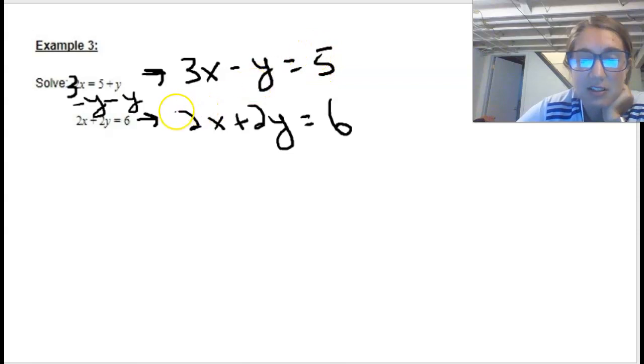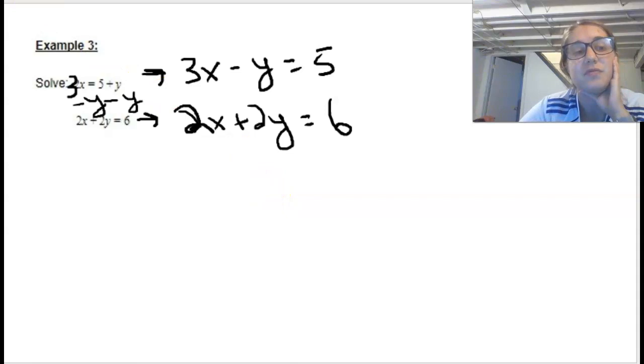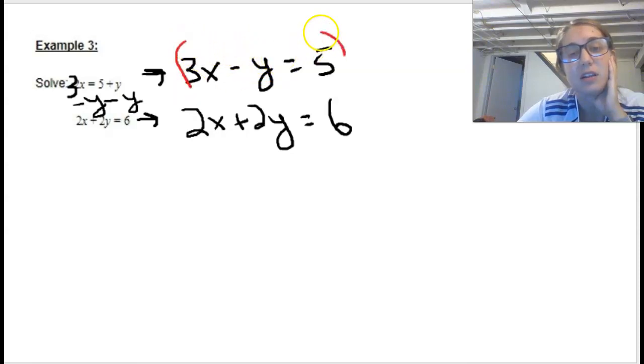If I look at these, if I add down, nothing adds to 0, which is not helpful to me. I need one of my variables to add to 0, so I know that if I get a 2 in front of my y, a -2, then it would add to 0, so I'm going to multiply everything in that row